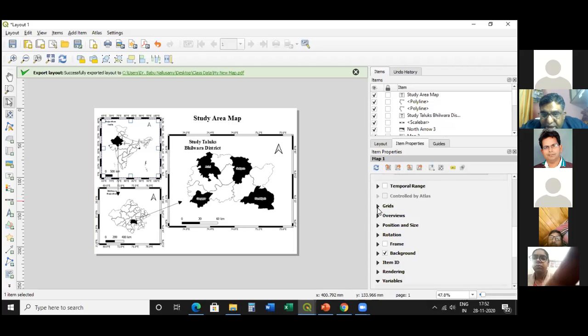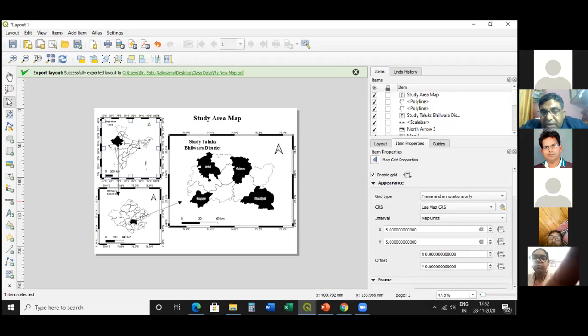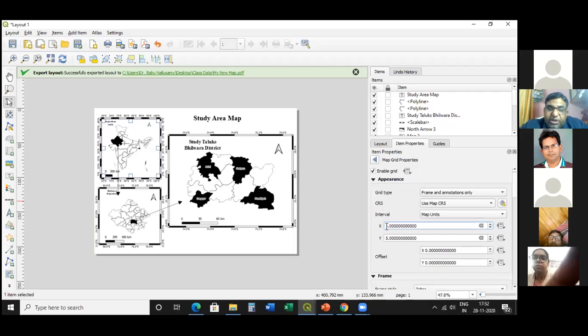ये देखो ग्रिड्स आ गई। इस ग्रिड्स को जब हम क्लिक करेंगे, तो यहां पर हमारे पास इंटरवल्स हैं। हमें पता है कि जब हम भारत का मानचित्र ले रहे हैं तो हम इंटरवल थोड़े बड़े लेते हैं। जैसे हमने यहाँ पर 5 डिग्री का इंटरवल लिया, तो 5 डिग्री का एक पूरा का पूरा जाल, एक पूरा ग्रिड पूरे मैप के ऊपर बन जाएगा।